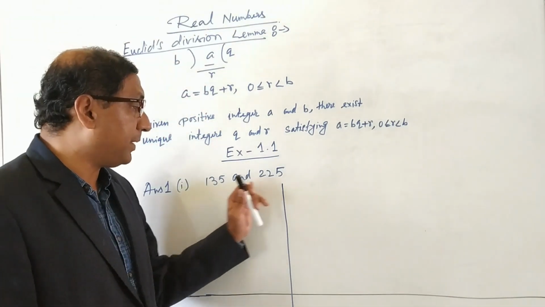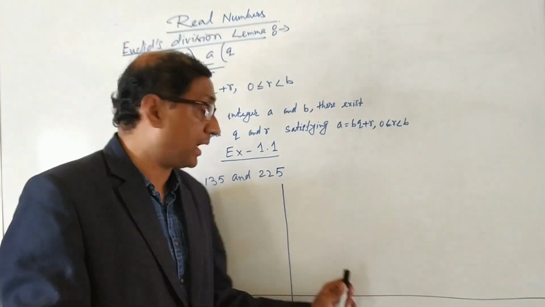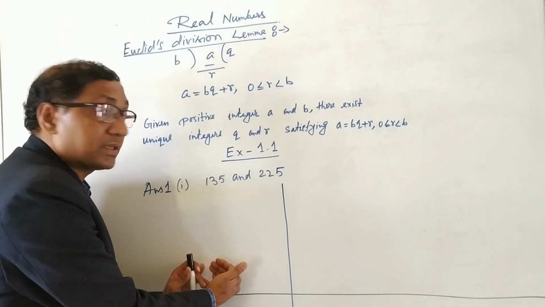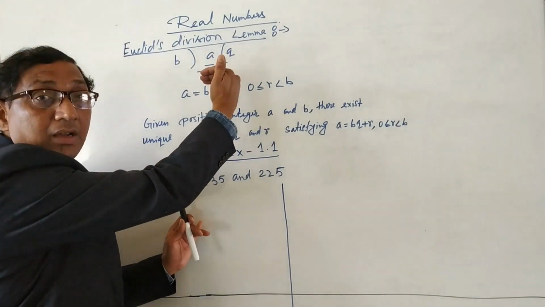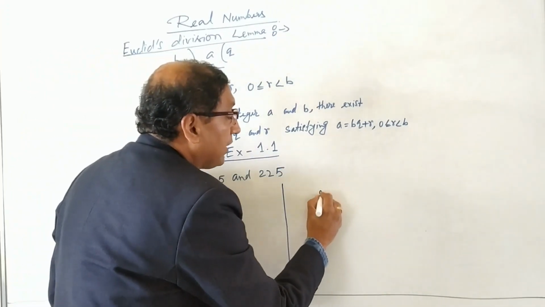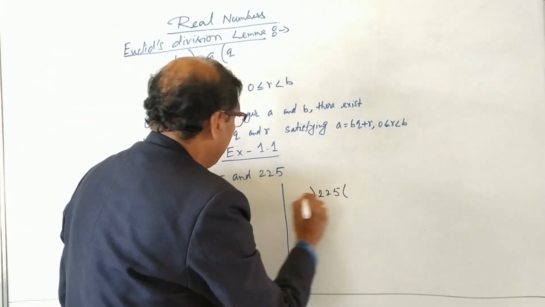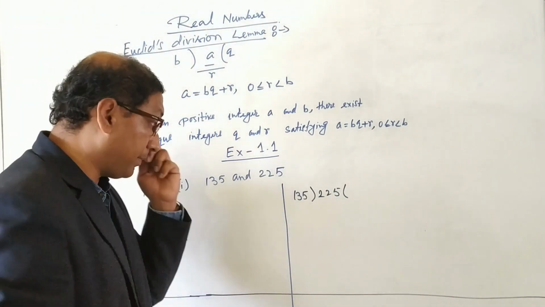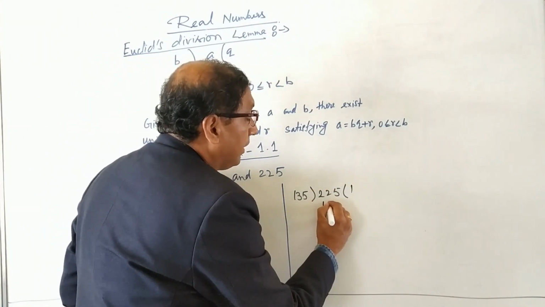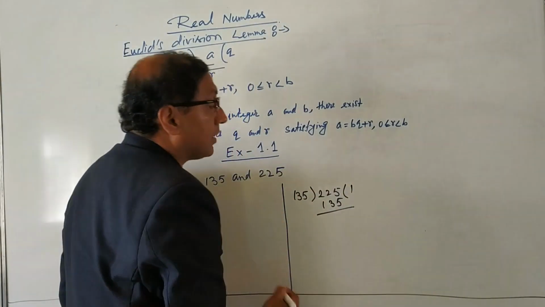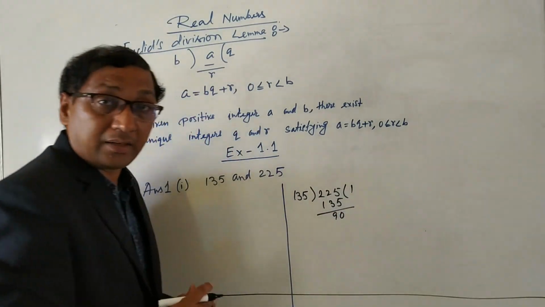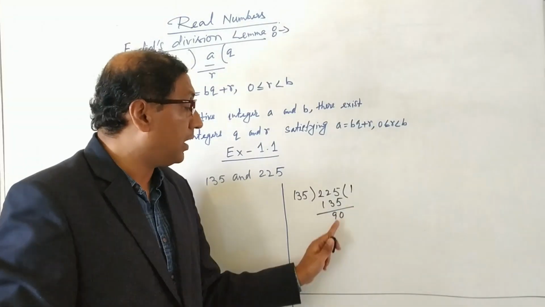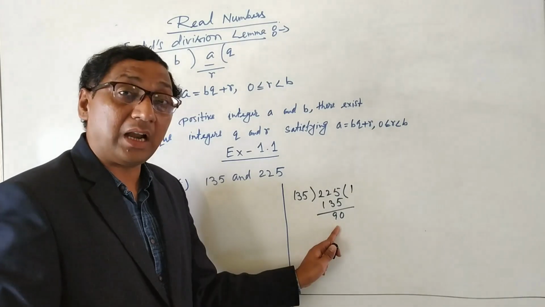Now if you want to find the HCF between these two, first we will use the division method this side. So you have to draw one middle line, because without division we can't write all the steps of Euclid's division lemma. Right? So divide 225 by 135, the bigger number by the smaller number. If we subtract, then we get 90, right? So if we divide 225 by 135, the quotient we get is 1 and the remainder is 90.